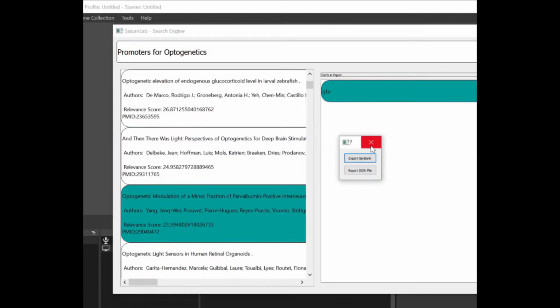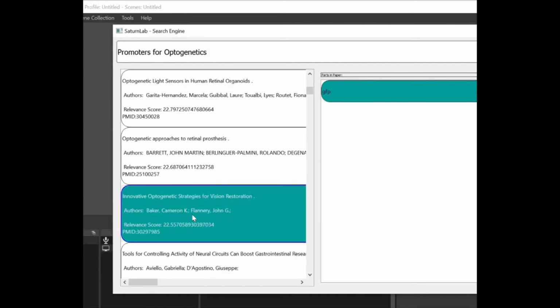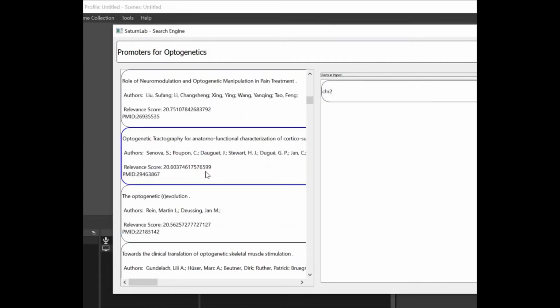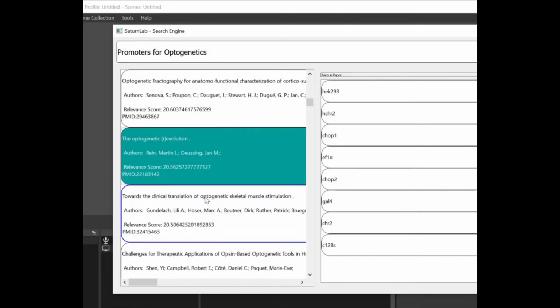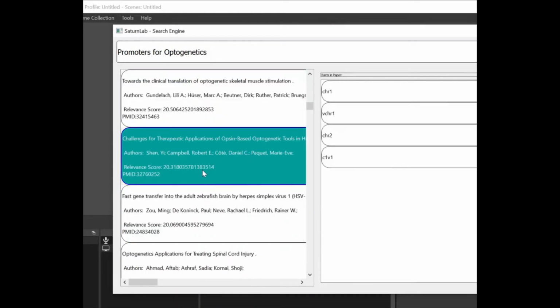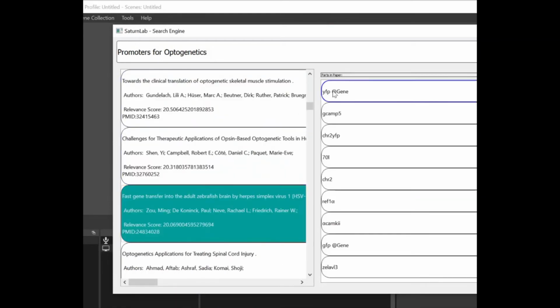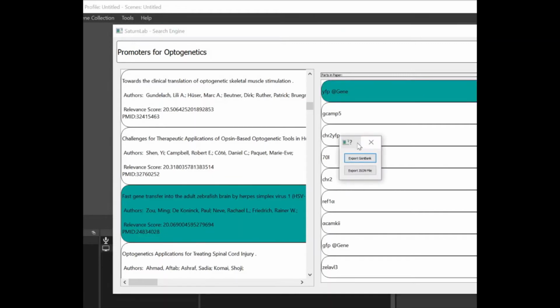For instance, if we have GFP, we can look at that. You'll also see that if you search enough, you'll find specific subtypes labeled. So you'll see here that the model was able to locate a gene, which is a subtype of a part that was located. Here, we're able to either export the JSON or the GenBank file. If you export the JSON, it's going to give you all these parts in a JSON file. And if you export the GenBank, then for this specific gene, it's going to give you